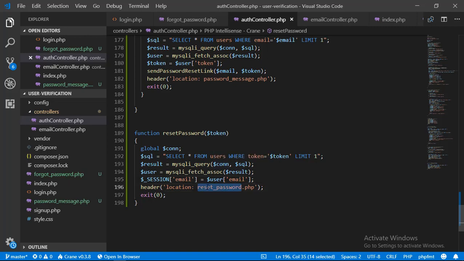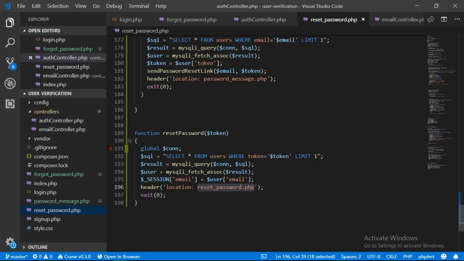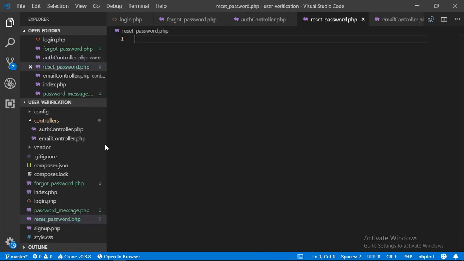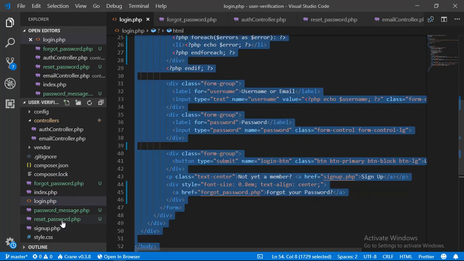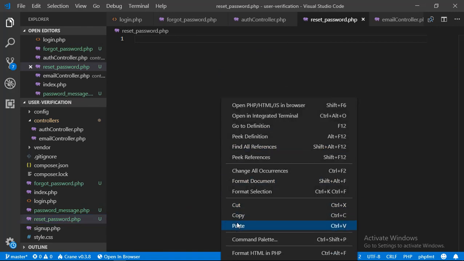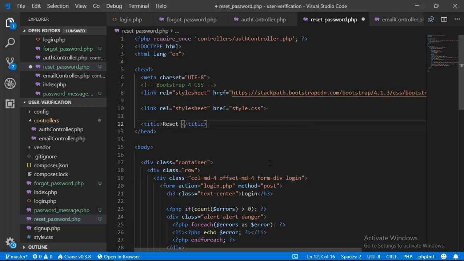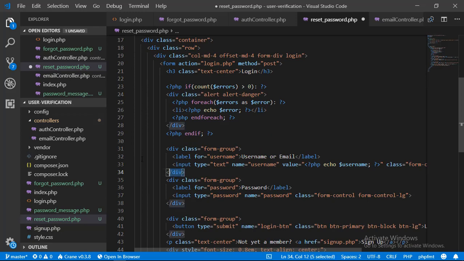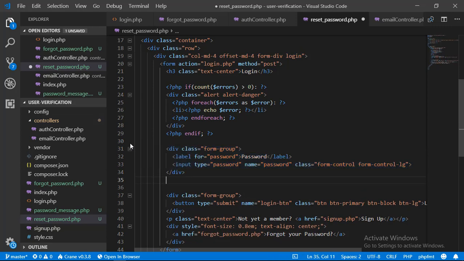Now that we have fetched that user, we are going to create our final page, which is the reset password page. This is a page in which we are going to place a form that will ask our user to enter their new password. And it's going to look a bit like our login page. So we are going to copy everything in our login page, paste it inside the reset password page, and modify it. We change the title to reset password. Then we scroll down. We are not going to need the username or email field. We are only going to need the password and the confirm password